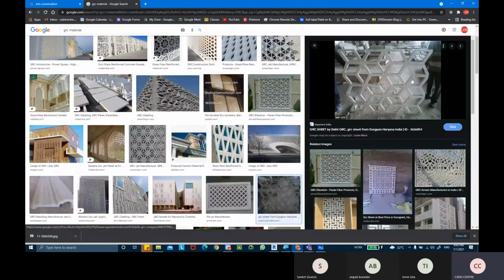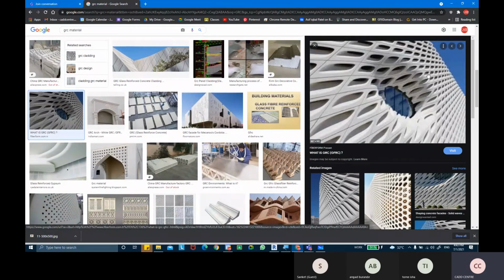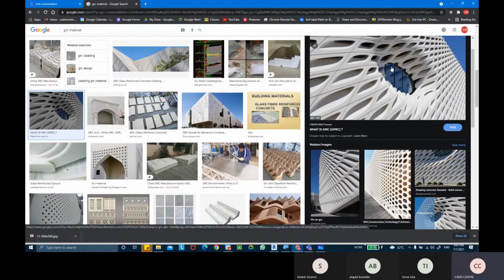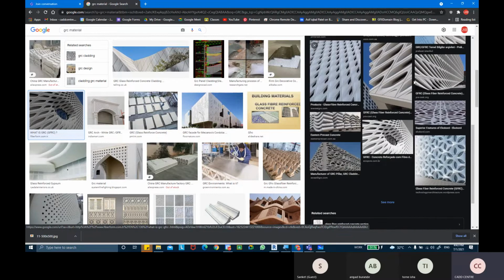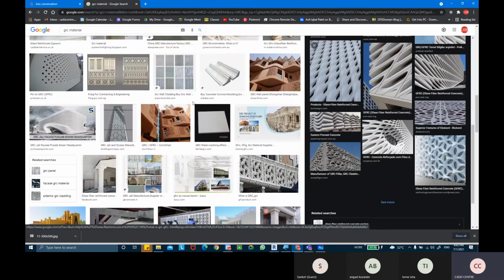These are all made of glass reinforcement concrete. We have many of these. We see them in the T2 terminal of Mumbai airport as well. That's all made of GRC materials. So it's called glass reinforcement concrete.